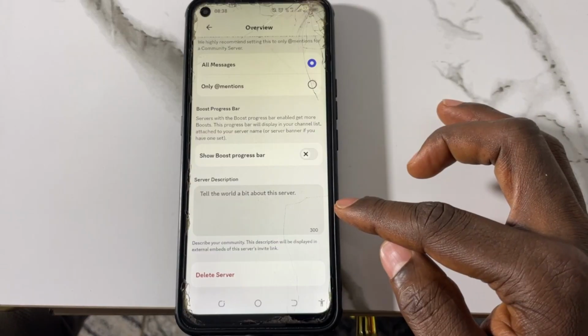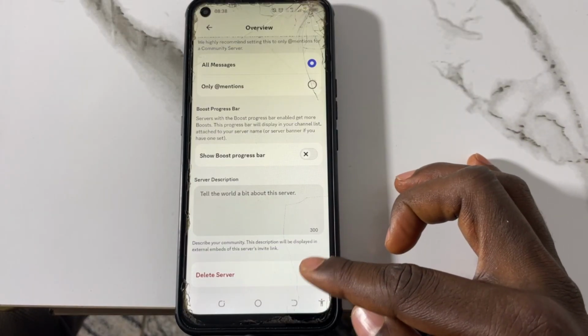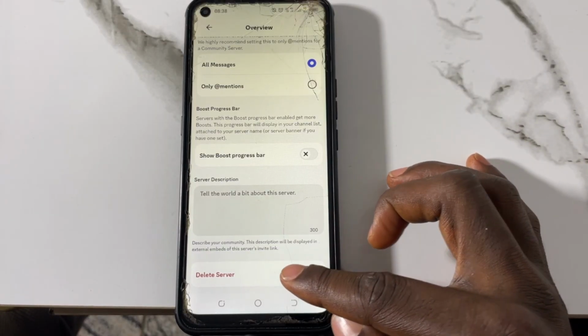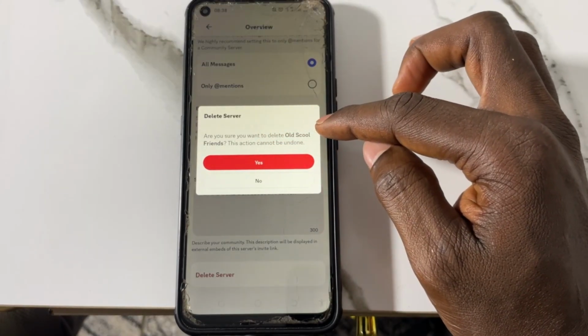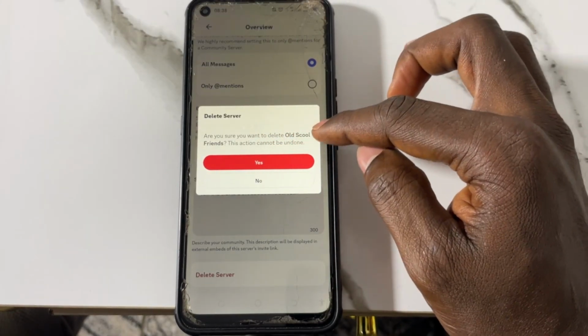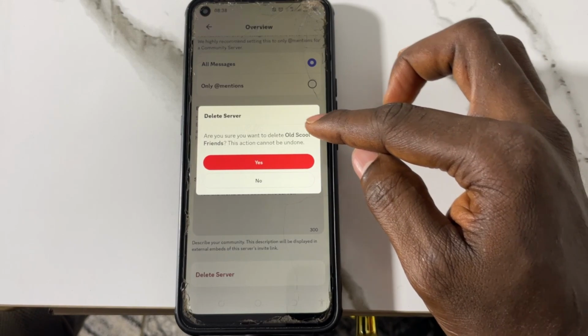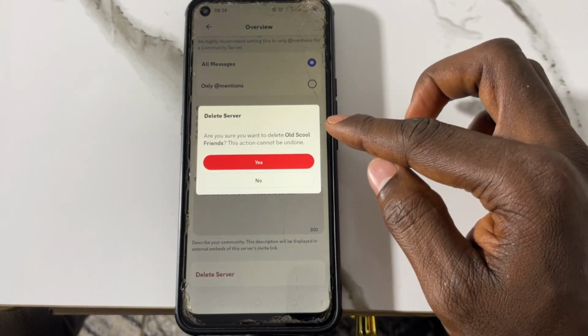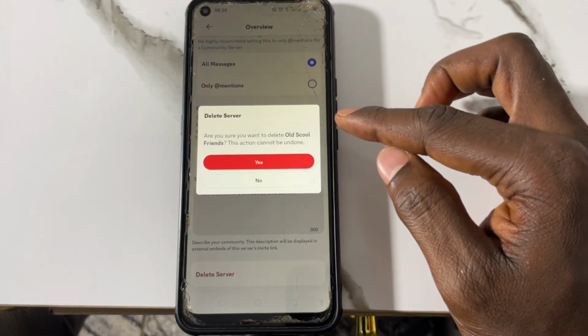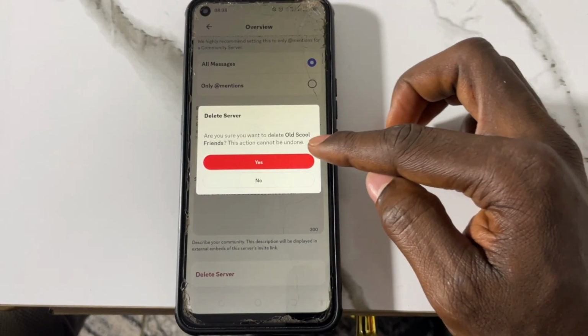Then all the way down, you can see here delete server. So just tap on this delete server. And you can see here, are you sure you want to delete Old School Friends? This action cannot be undone, and once you get server deleted, all your chat messages and all categories and channels will also be deleted. If you want to delete it, then you can go ahead and tap on this yes,